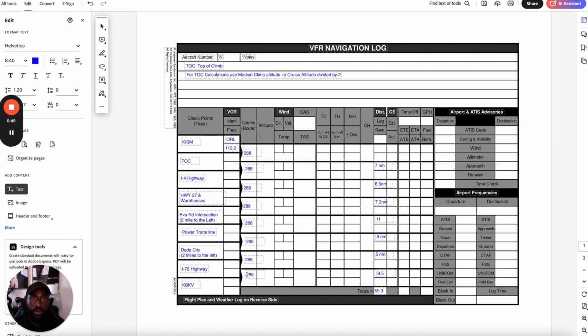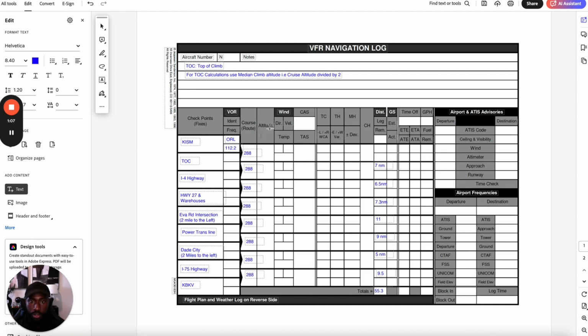So if you have to make turns here and there on your route, obviously you want to measure a different course for each heading change you're making on your route. So that's the idea. And then the next thing to come is here, we have to come out to our